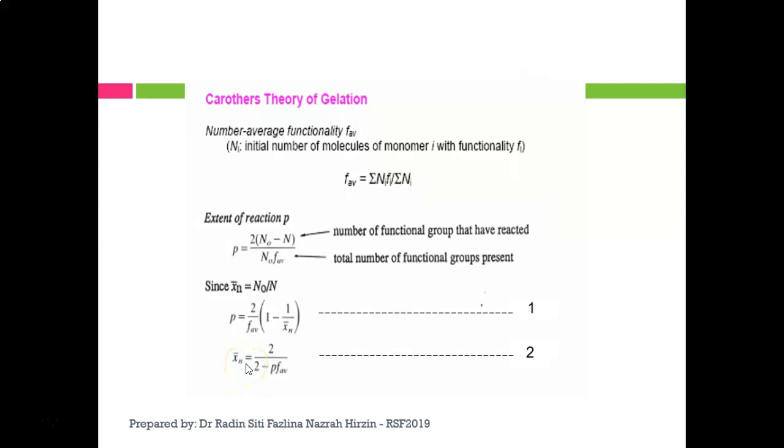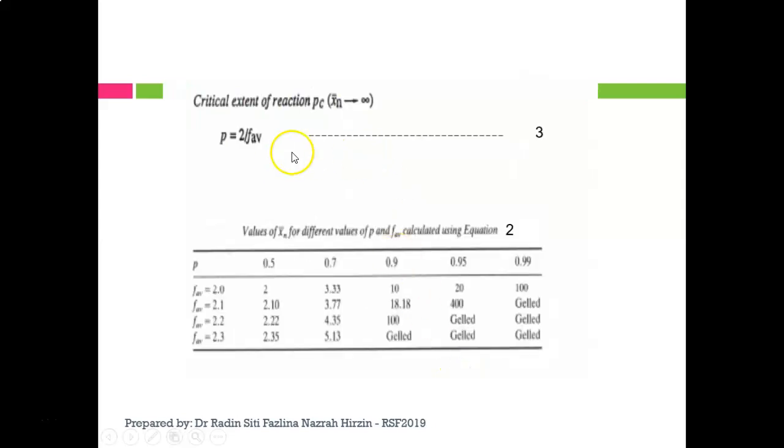So Xn equals 2 over 2 minus P F average. Which equation can you use? You must use this equation: P equals 2 over F average. This one is the value of Xn for different values of extent of reaction and